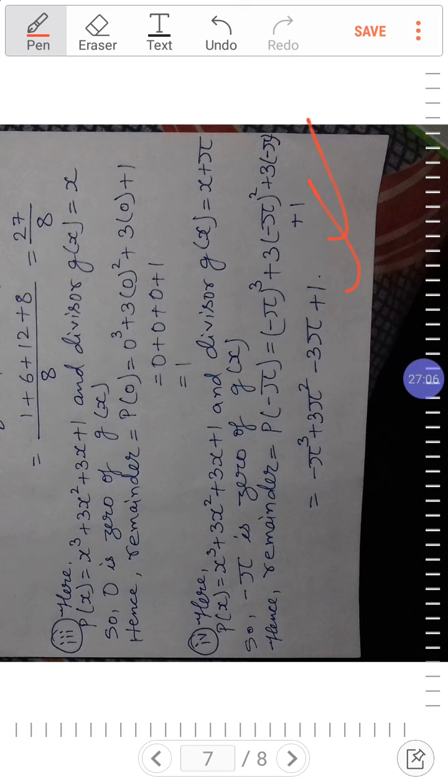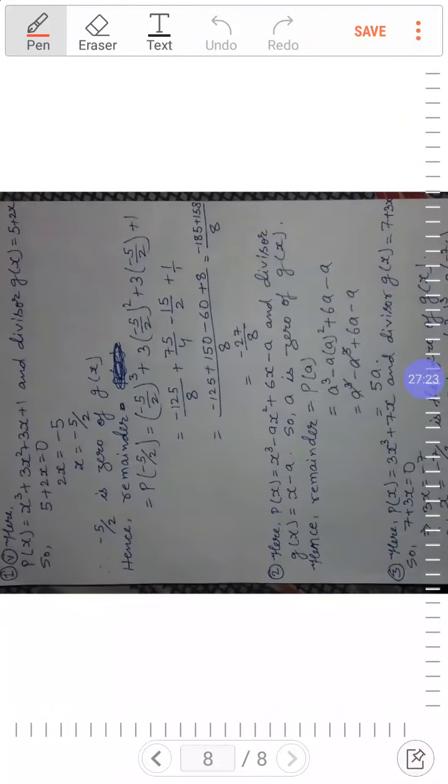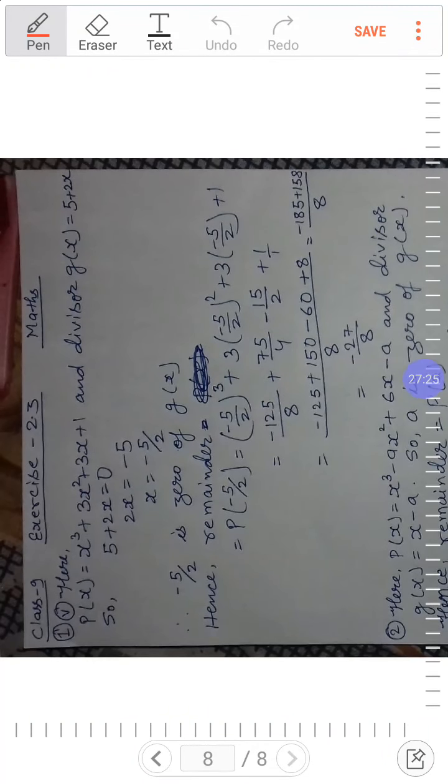So students, we will move towards the next page, where there is the fifth number, or last number, of this solution. You can see it here. Px is equal to x cube plus 3x square plus 3x plus 1, this is the dividend, and the divisor gx is equal to 5